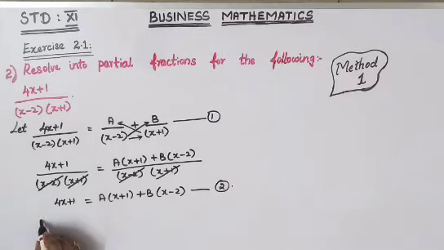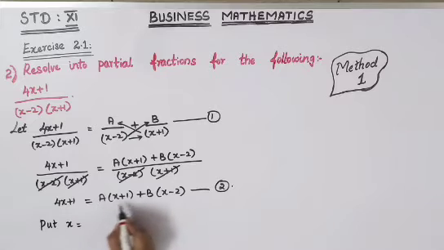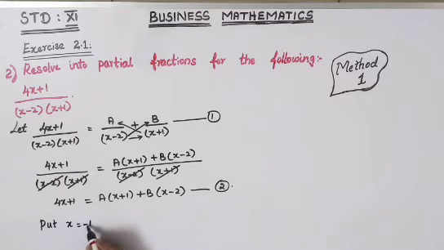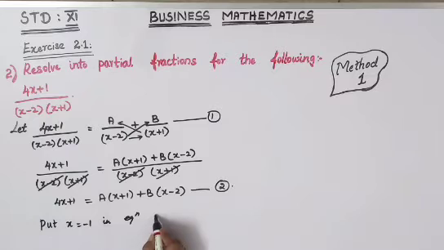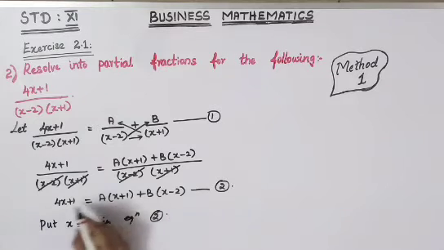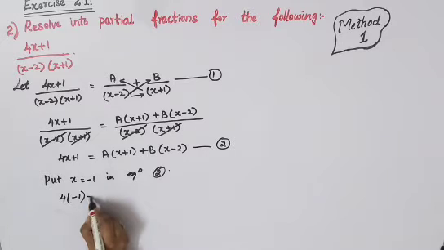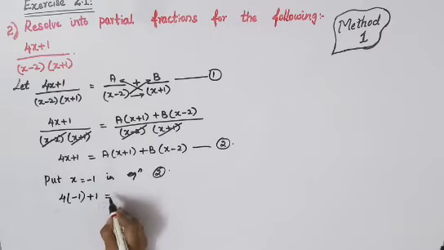So now you'll have to assign values. So put x is equal to, just check this first term. Okay, a into x plus 1 is there. So if plus 1 is there, you have to give minus 1, that's the opposite of that, additive inverse. So plus 1 is there, so you just give minus 1 in equation 2. So here you will have to substitute it. Okay, so 4 into minus 1 plus 1, that is the left hand side, you will have to substitute it.